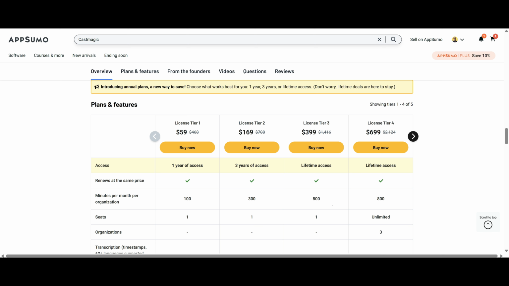But if you want to get a lifetime, you'd have to go for the minimum of license tier 3, which is nearly $400. So the difference in the pricing tiers are mainly the minutes per month. So for tier 1, if you're a small YouTube creator or you run a small podcast, you might want to go for tier 1. But if you run multiple channels or you run long videos, you might want to go